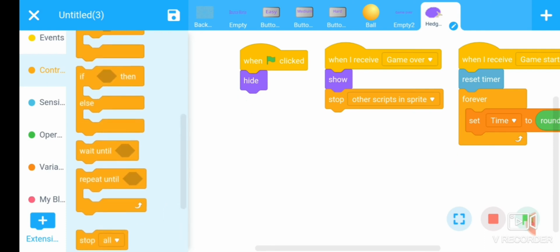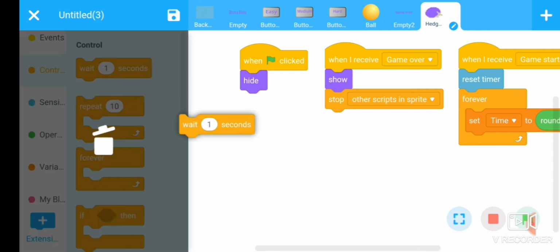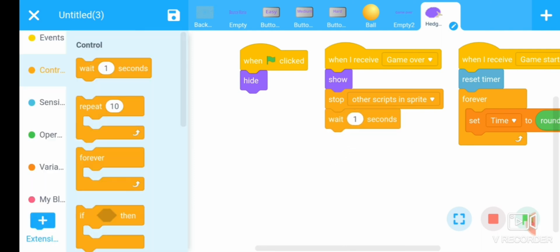Then we have to wait for 1 second. After that, I want a message on the screen saying you lost, and also the time should be shown on the screen.